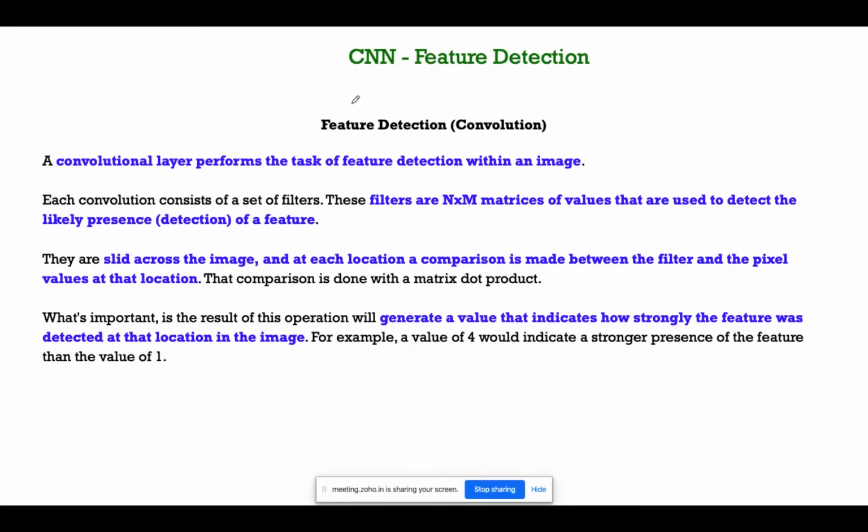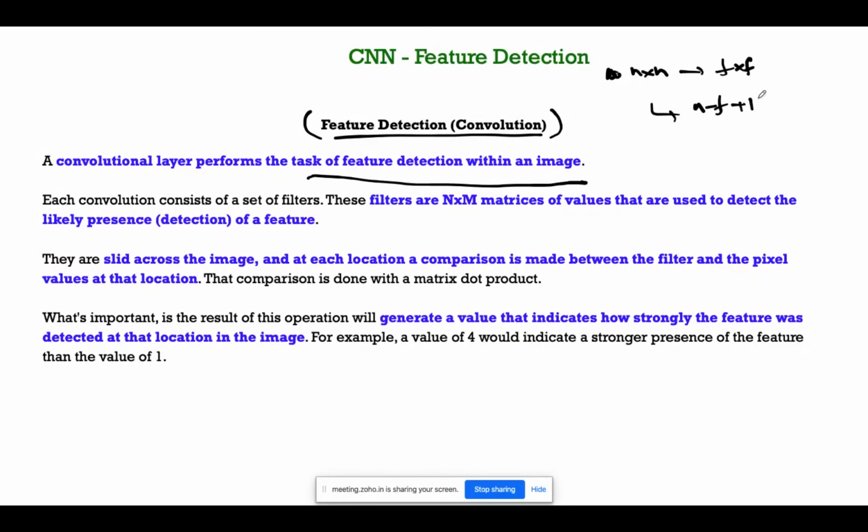So feature detection. That's what we discussed, right? The convolutional is nothing but your feature detection. The convolutional layer performs this task of feature detection with the image. If you have an n by n matrix and a filter f by f, my output will be n minus f plus 1.